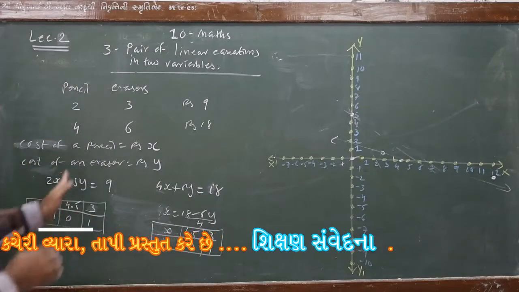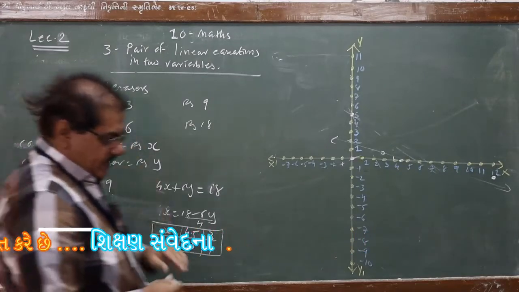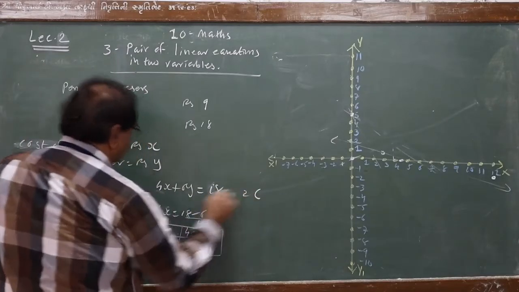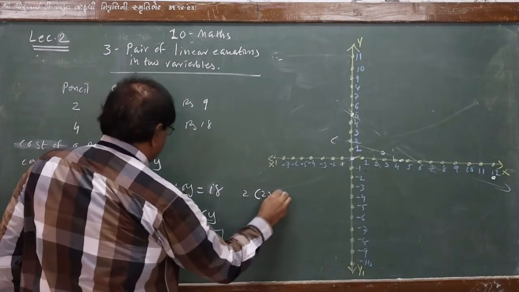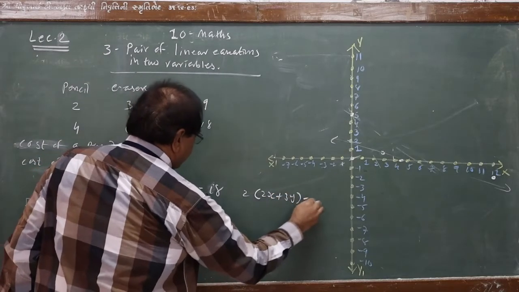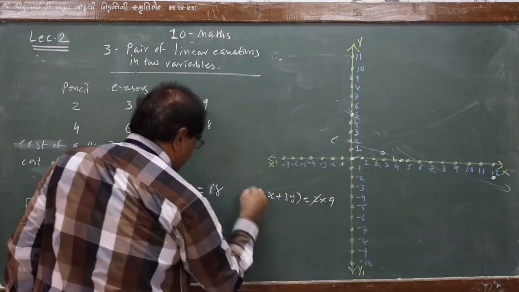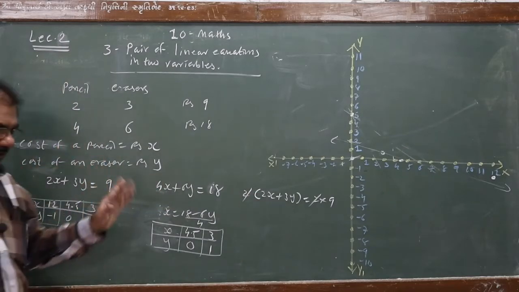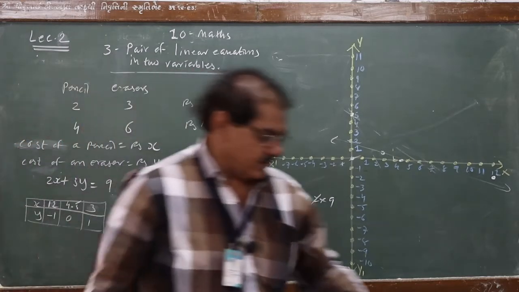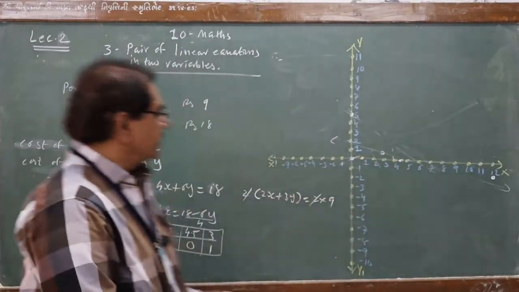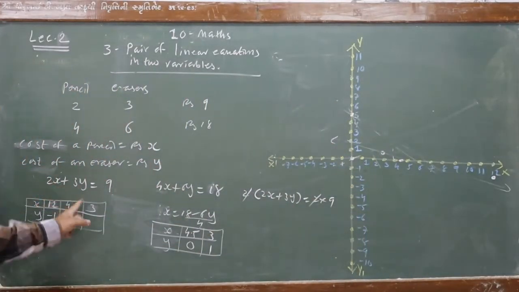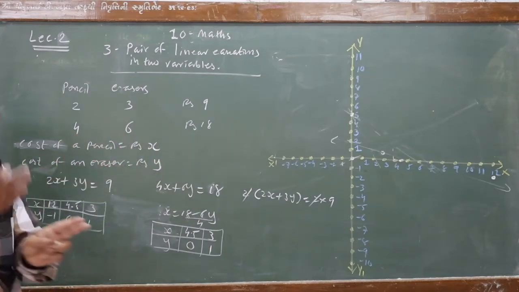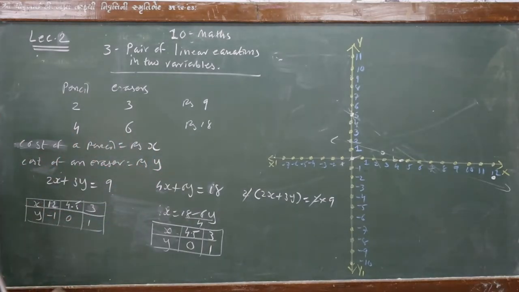So this is how in this question you can check. And how can you check it? If you take 2 common out of it, it is 2x plus 3y is equal to 2 into 9. 2 cancels. See, it is the first equation only. So though they are given in a different form, the equations are the same. So we can check that both the equations give the same line. So this pair of equations gives lines which are coincident.